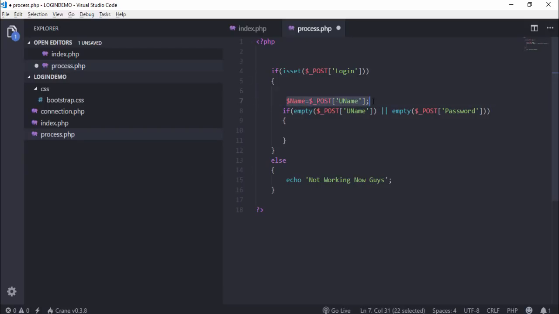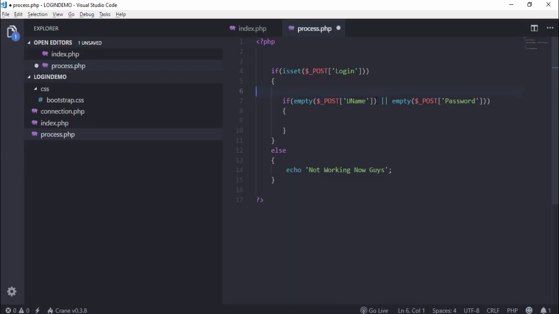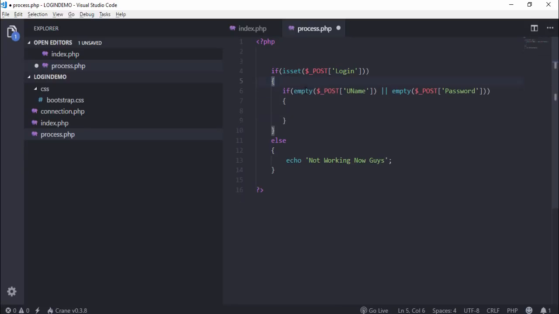Each variable takes up memory, about 4 KB I think, and so on, so that's not good. So you need to use the same POST way to get the data from users without creating a variable. Okay, if our text fields are empty,